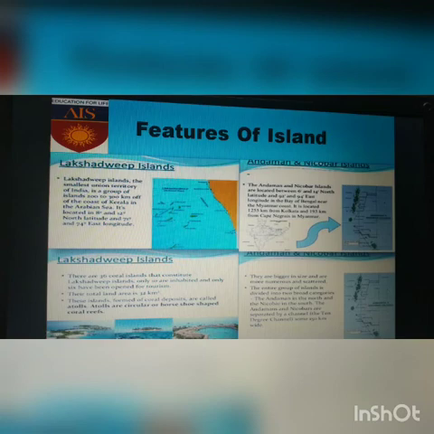Now the Andaman and Nicobar Islands. The Andaman and Nicobar Islands are located between 6 degrees to 14 degrees north latitude and 92 degrees to 94 degrees east longitude in the Bay of Bengal near the Myanmar coast. It is located 1255 km from Kolkata and 193 km from Cape Negrais in Myanmar.